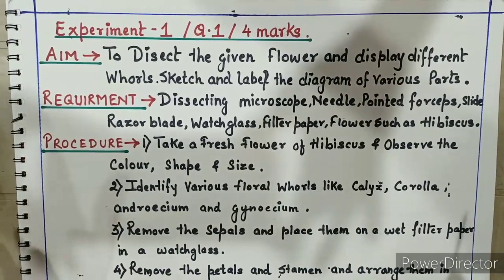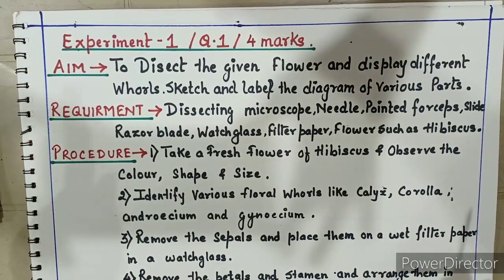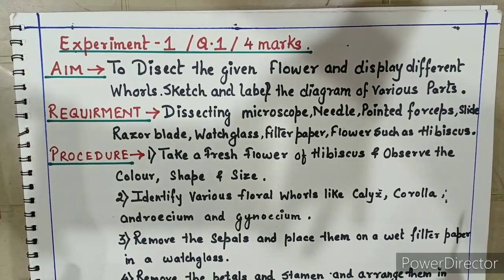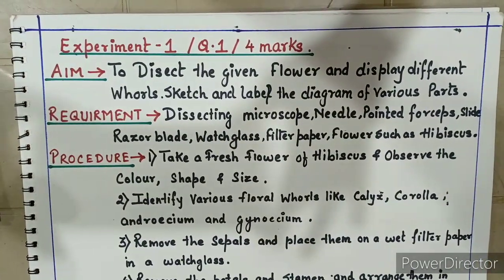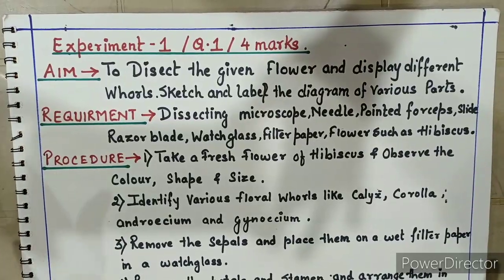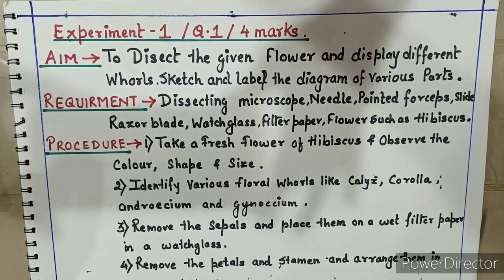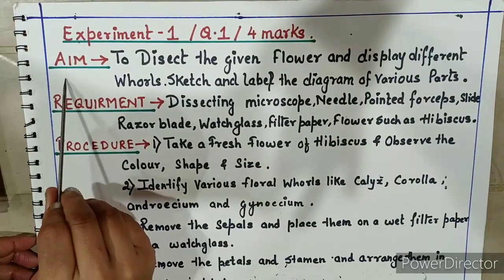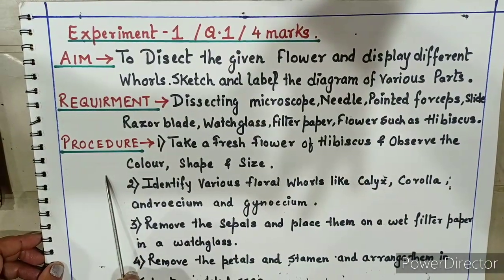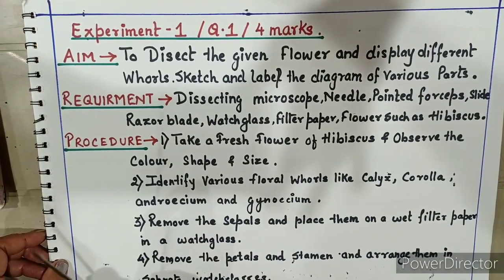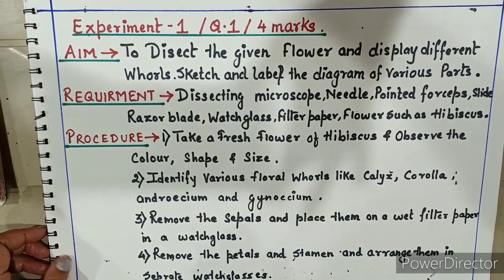All you have to do is, from a nearby bookstall, you have to purchase Navneet project papers: ruled, blank, graph and certificate page. So on the ruled page, children, you are supposed to write with respect to the experiment which I have taken, that is to dissect the flower and display different whorls. See, look here children. This content, experiment number, aim, requirement, procedure has to be written on the ruled page. Am I clear? Aim, requirement, procedure has to be written on the ruled page.